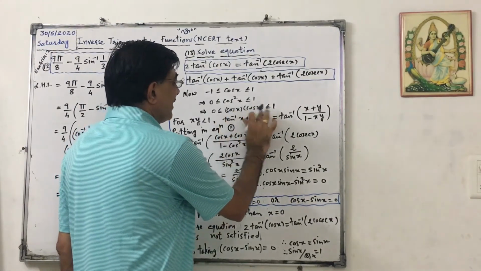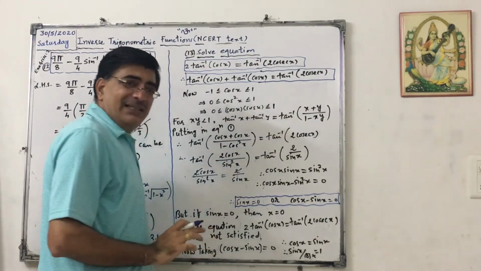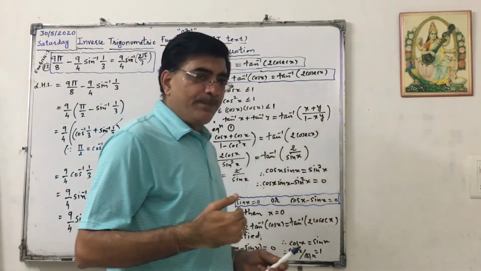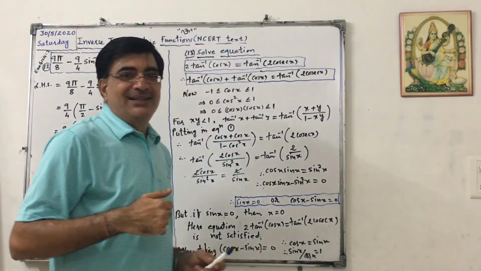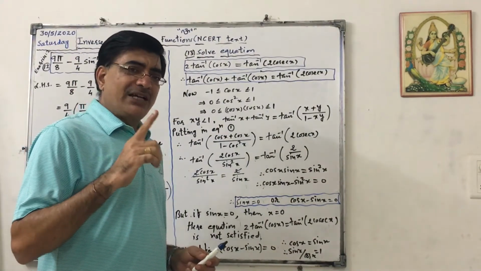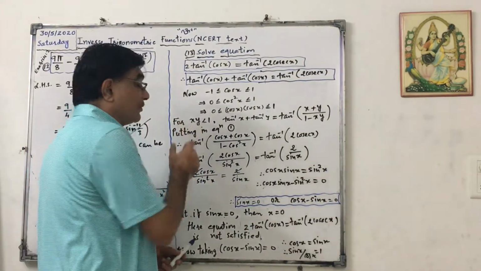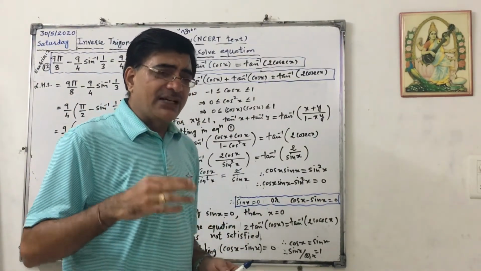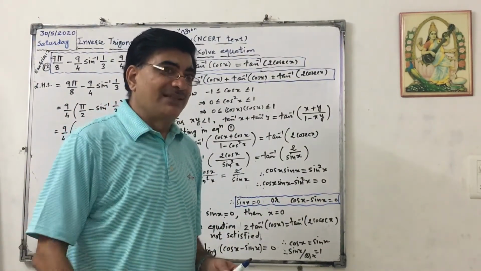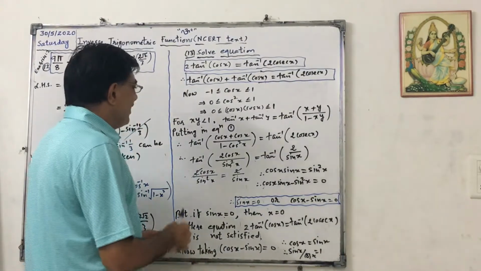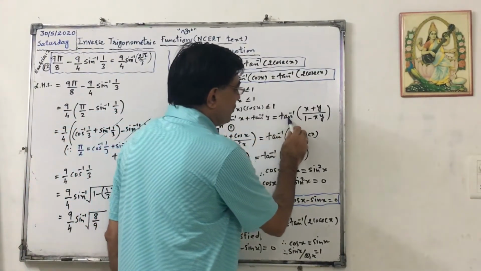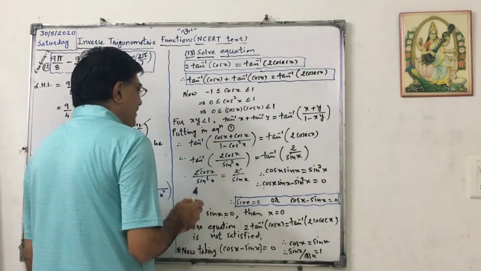So our xy is less than or equal to 1. Okay. So there are two possibilities: xy less than 1 or xy equals 1. We will check only one: xy less than 1. Why? Because in between we will realize that xy equals 1 won't be possible. Okay. So taking xy less than 1, then we know that tan inverse x plus tan inverse y equals tan inverse of (x plus y) upon (1 minus xy).